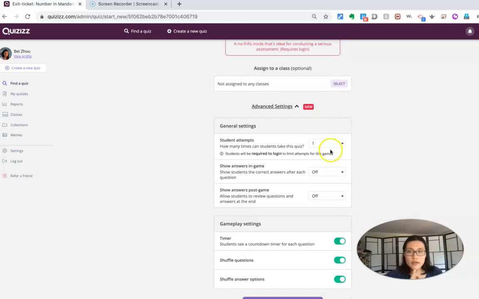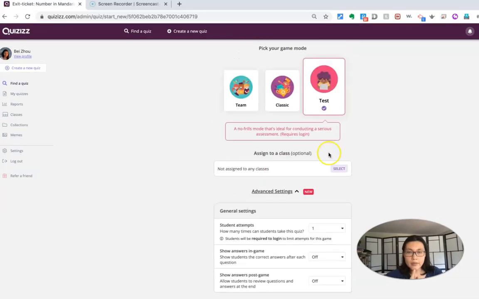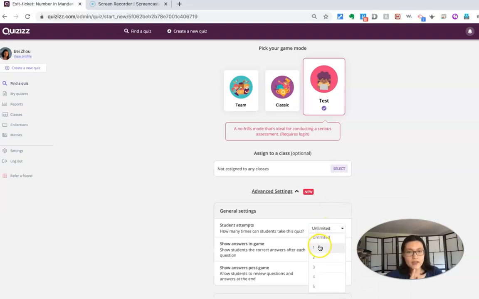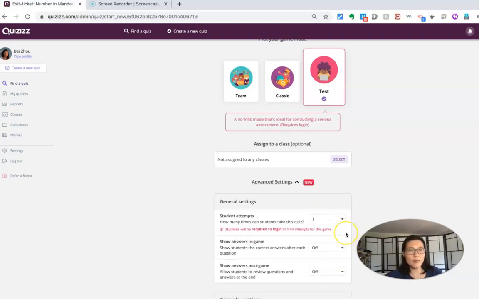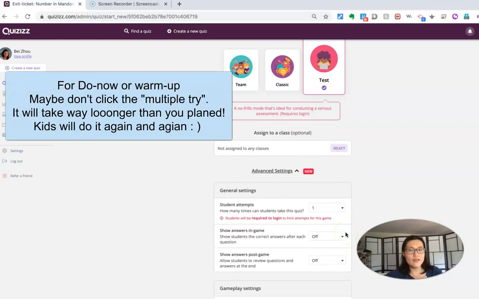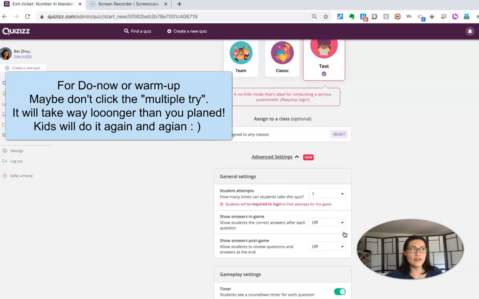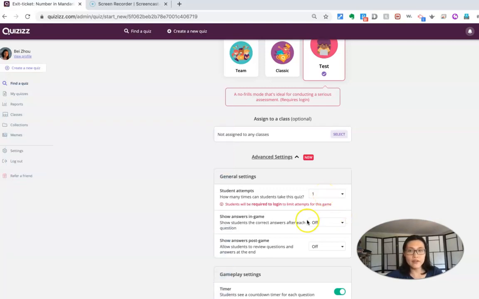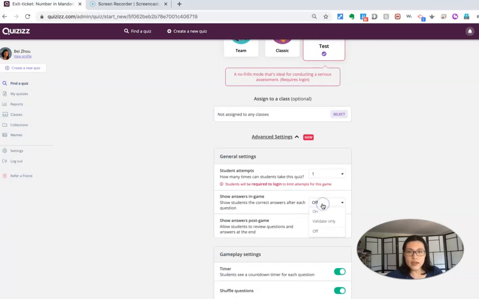Another great thing about this is you can tell if students can attempt once. If it's kind of tricky and you click unlimited, some kids will just continue to do it again, putting in the same code, because they want to get a perfect score, which will lag the whole class. So sometimes I just assign once for live. And the show answer in game